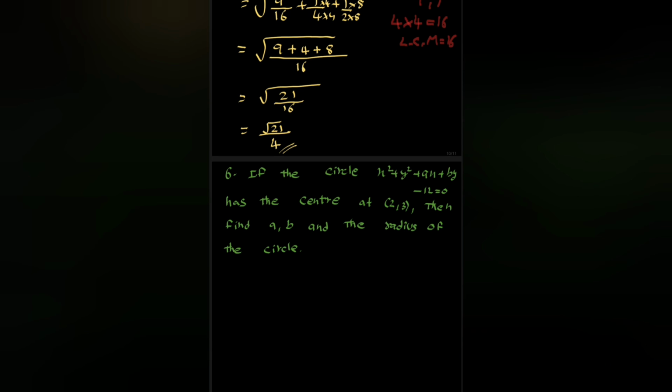So the given question is, if the circle has the center at 2, 3, then find A, B and the radius of the circle. So the solution is